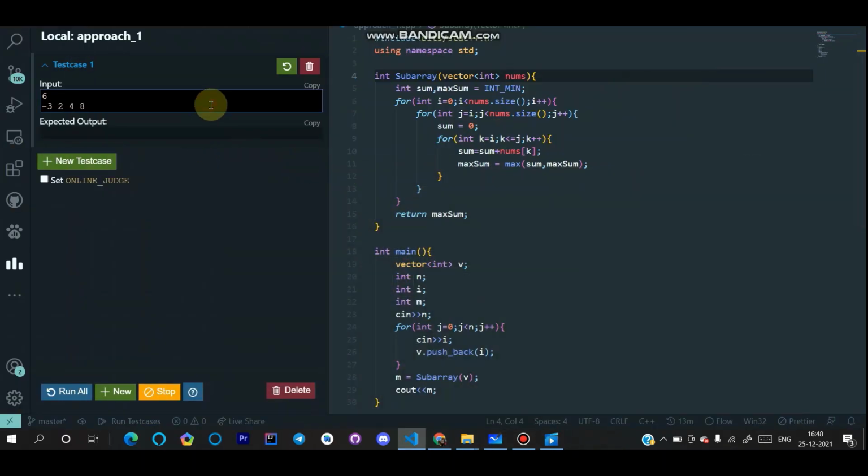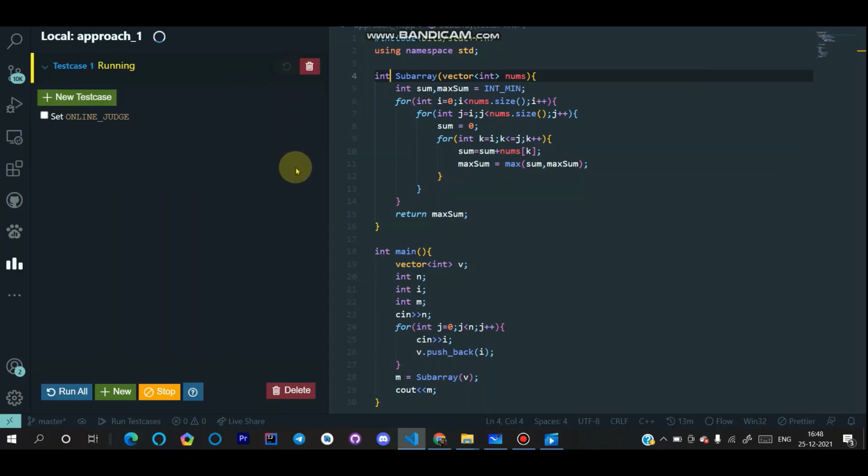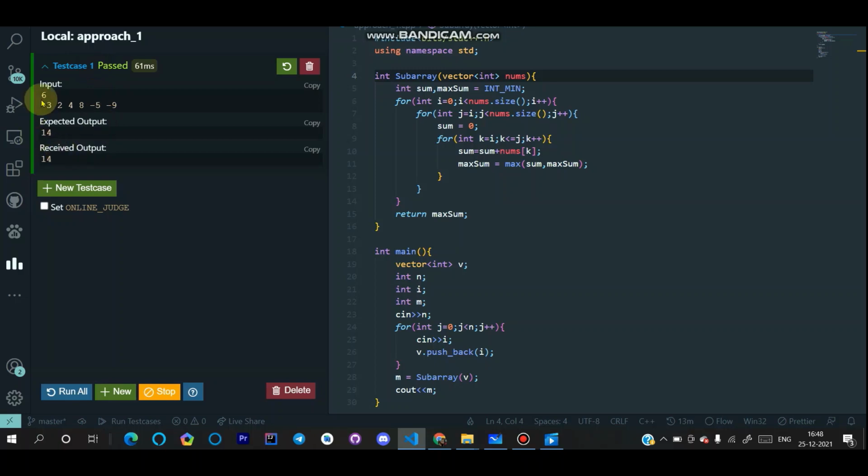The expected output is 14. Let's run it. It's passed. Okay, you see it, it's passed.